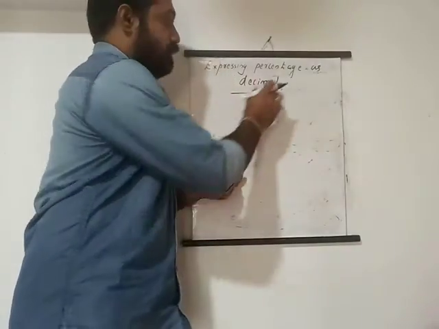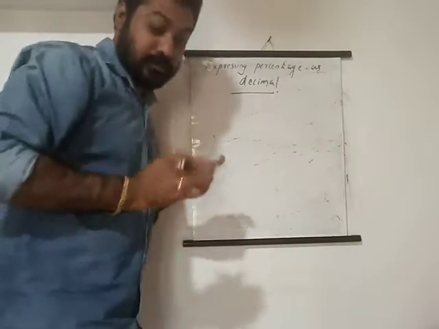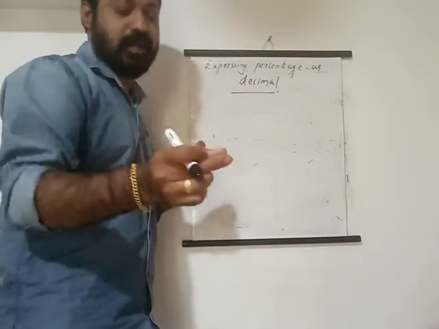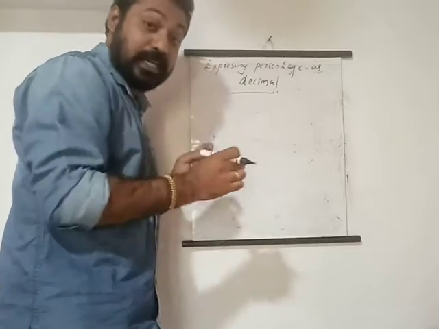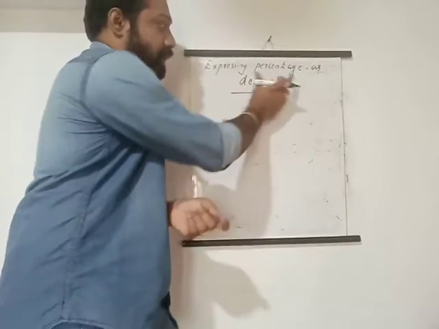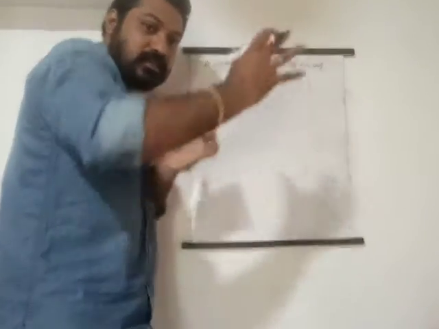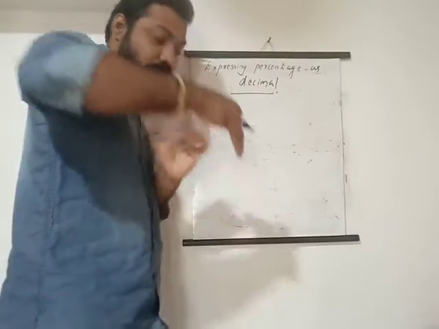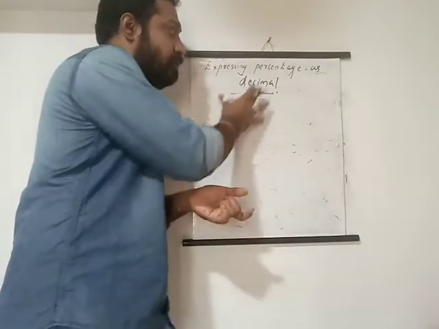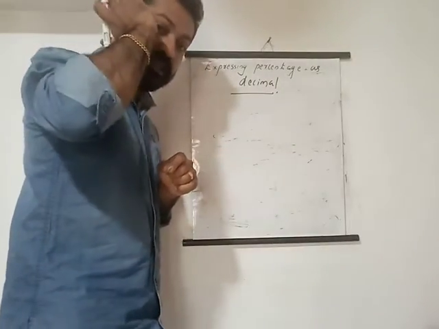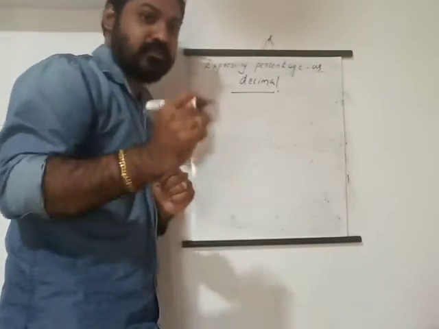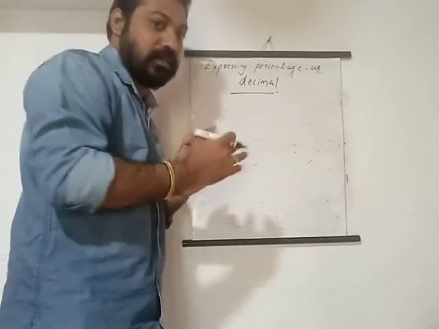Now the next one is expressing a percentage as a decimal. When you get some questions, you have to check what is actually the meaning of it. The question is a percentage and you have to convert it into a decimal. Maybe another question means converting into a fraction. We must understand the question. That is the first part. Understand what is given, then you won't be confused.